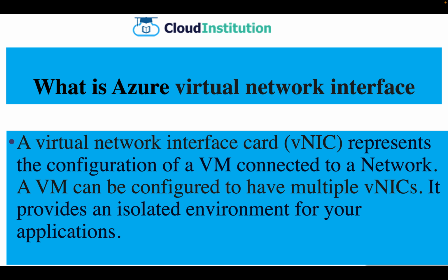If you don't have a network interface, the VM cannot have a private IP address or a public IP address as well. If you want to attach any kind of IP address, you should have a network interface card. This is not an actual physical card, it's going to be a virtual card that can be attached. Basically we can attach multiple virtual network interface cards to your VM,